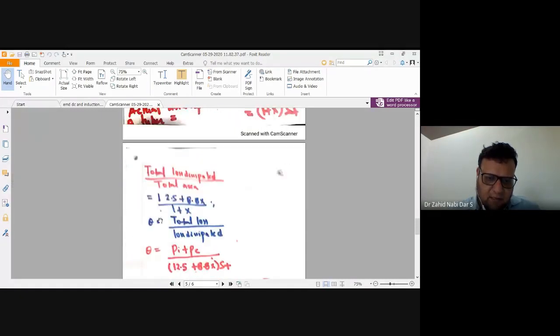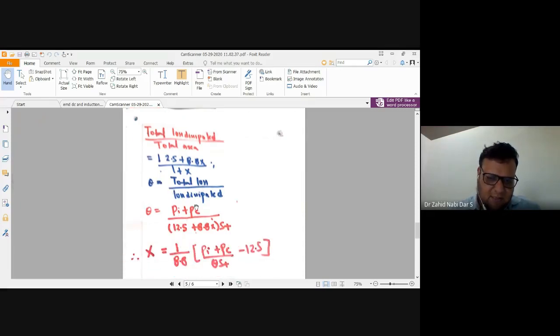So this theta value, the temperature rise, would be total loss divided by loss dissipated. Total loss would be the iron loss that happens in the core, and the copper loss. Copper loss and iron loss are different. Iron loss is the loss happening in the core. So there are two names for the iron loss: you can call it core loss or iron loss, whereas copper loss is always copper loss. And the total loss dissipated would be 12.5 St plus 8.8 x St.